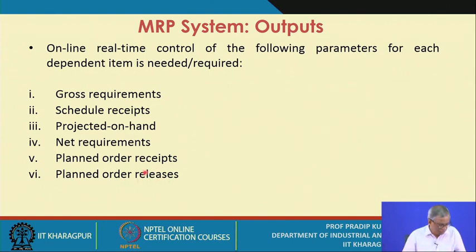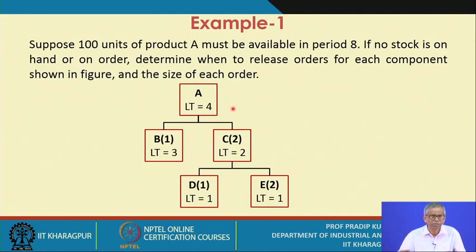Is it okay? So these are the 6 important parameters you always try to monitor in this online real-time control system. Obviously, you will find that these inventory related parameters are primarily dependent on the production related parameters. We have already discussed the inventory management systems, the several kinds of systems, during